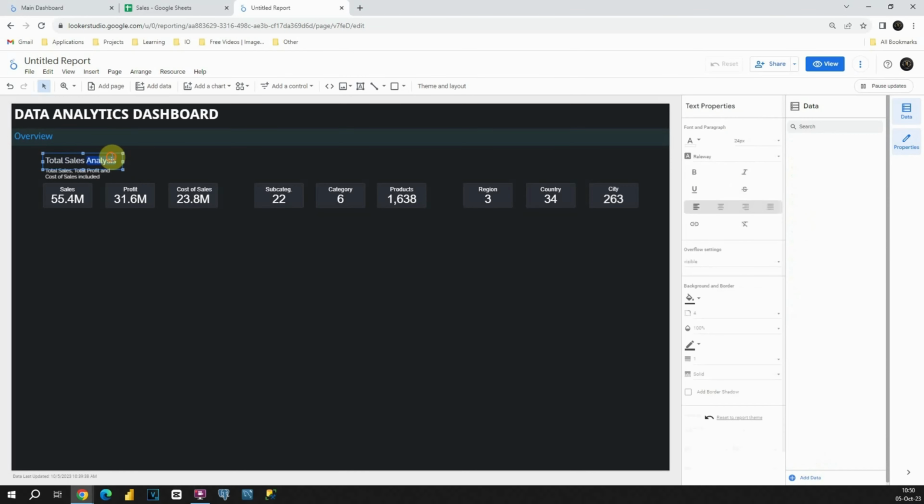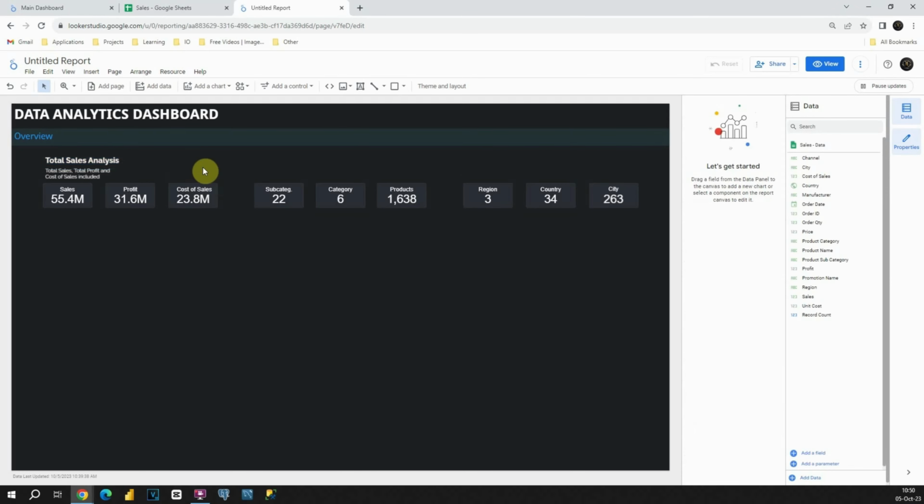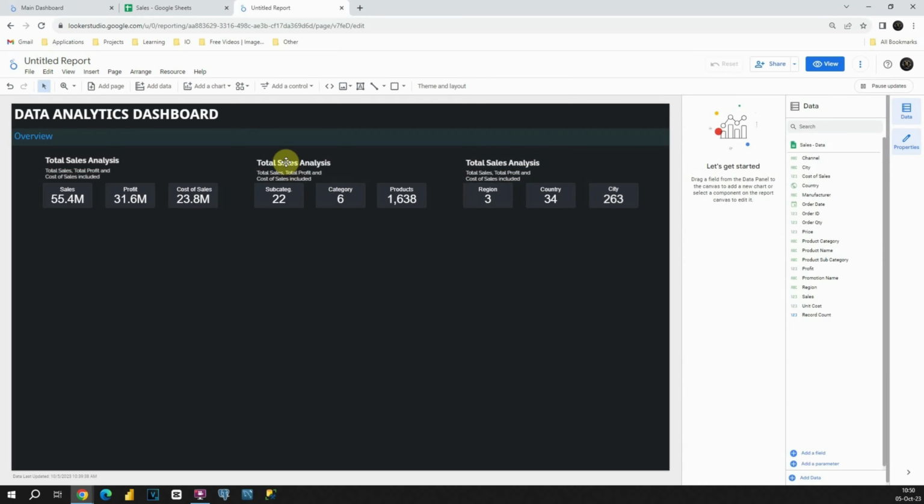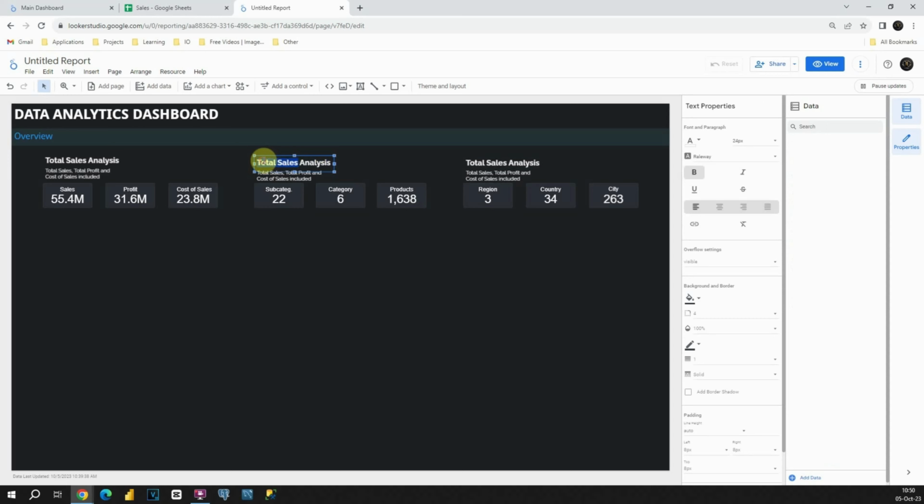For this first one, let's make this bold, just to stand out a bit, and this is perfect. Now we need to do the same for those 2 sections. So let's copy that. I'm gonna place it here, and also one more time. For this one it will be product analysis. Product analysis, and in this explanation box we will put